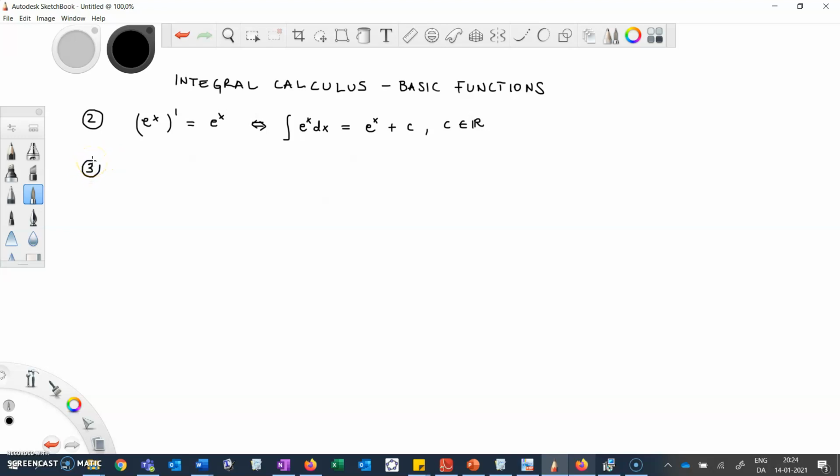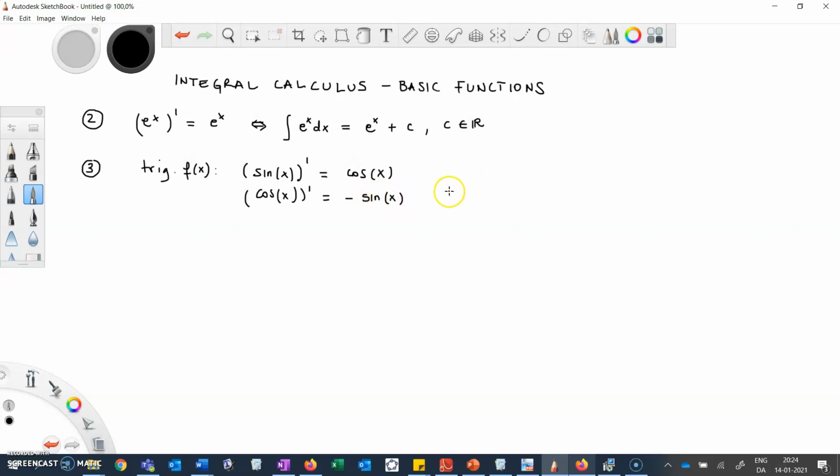Other functions that we have to talk about are the trigonometric functions. The trigonometric functions that we're going to study are the sine of x and the cosine of x, not the tangent. So we have to remember that if we take the derivative of a sine function, what we get is a cosine function. And if we take the derivative of the cosine function, we get minus the sine